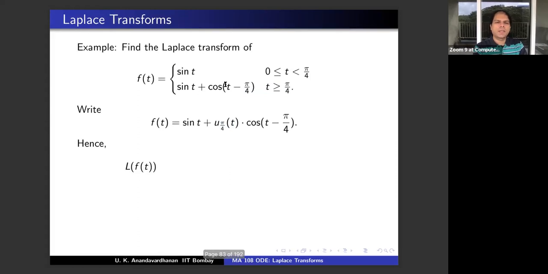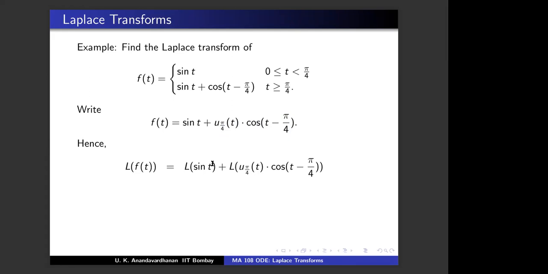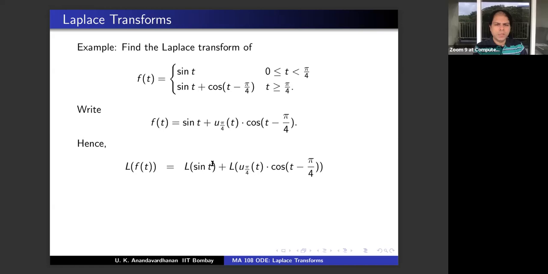Now you can apply Laplace transform. It is L of sine t plus L of this thing. And L of sine t is what? L of sine t is 1 by s square plus 1. And this one, your formula is e power minus cs, so e power minus pi by 4 s